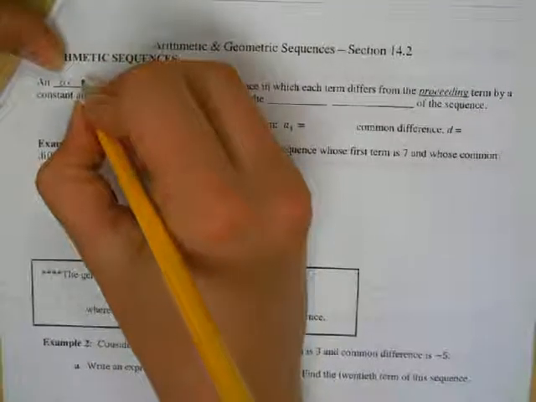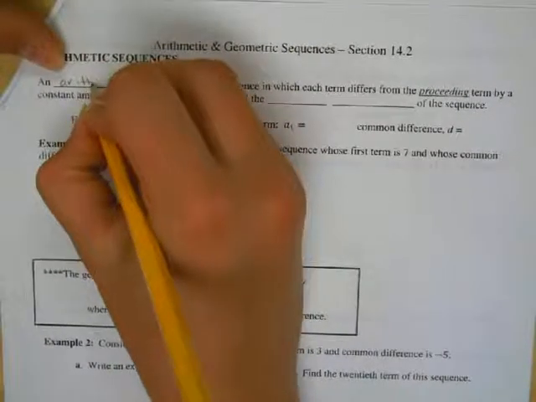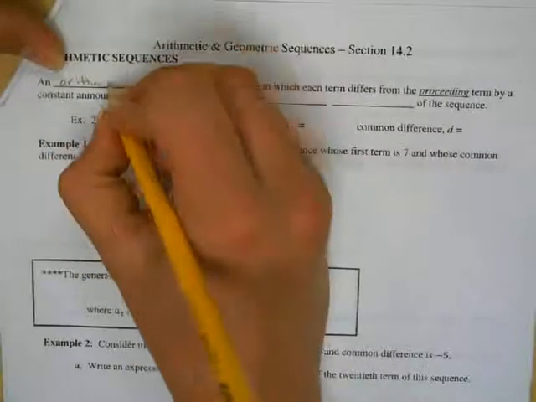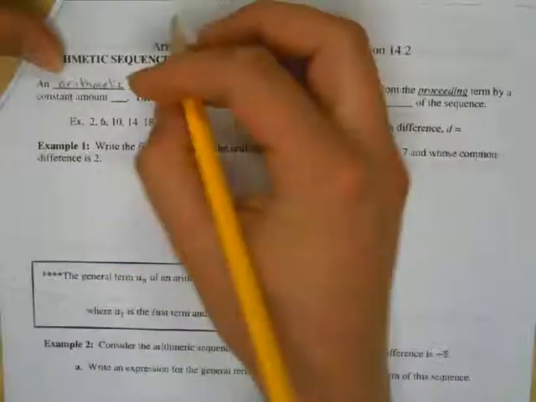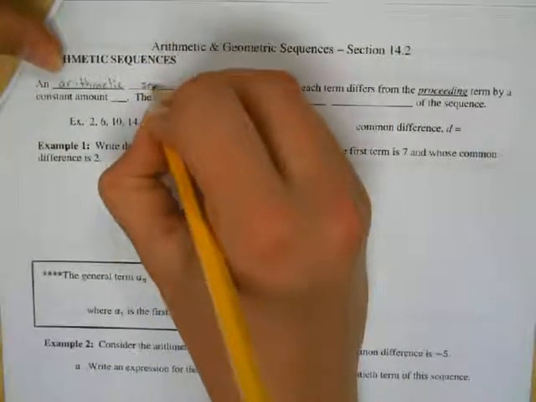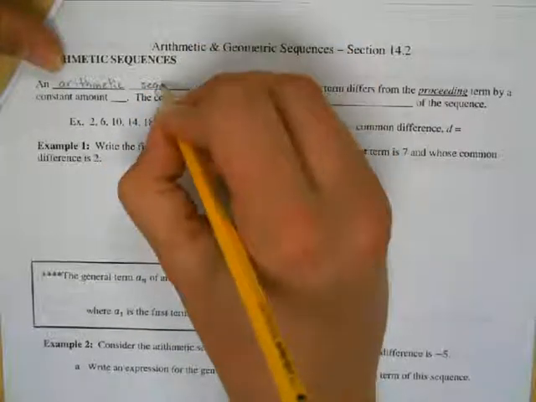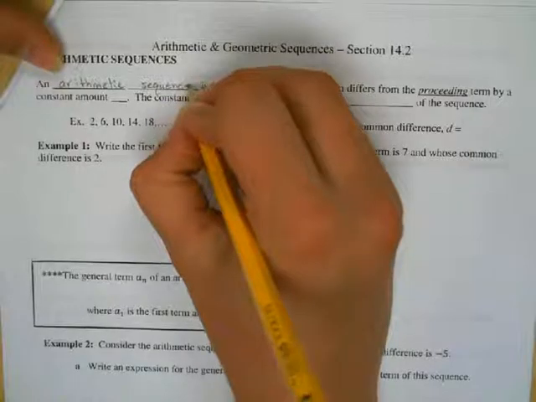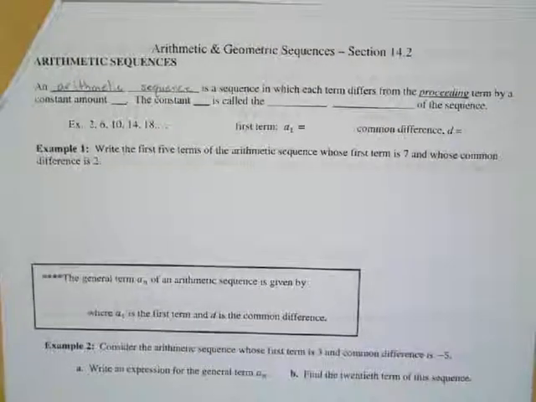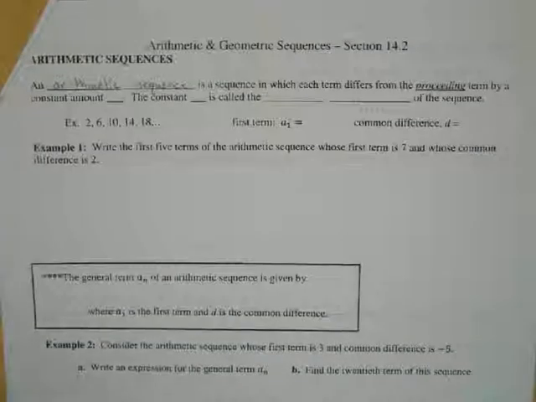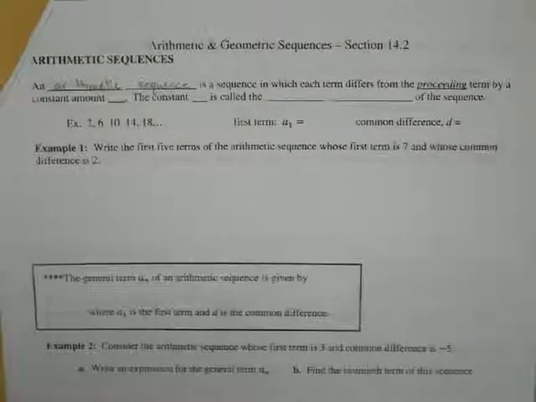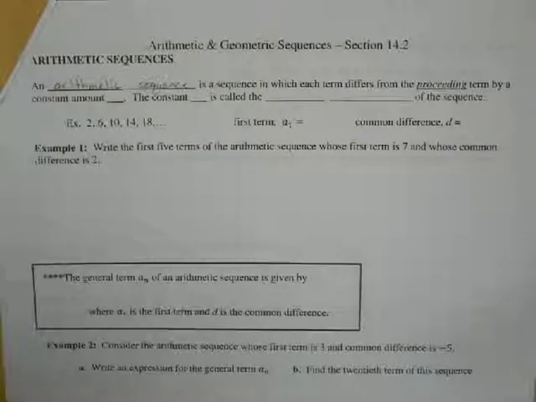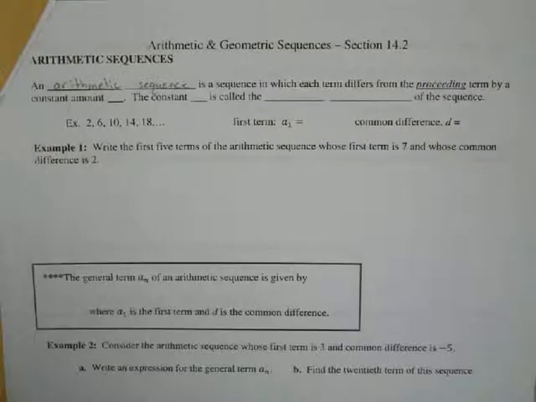So, in arithmetic, and you're going to hear that said many different ways, that's the way I say it. Okay, it's an arithmetic sequence. Some people call it arithmetic sequence. Okay, I call it arithmetic. I don't really know what the proper way is. I suppose I could look it up, but I haven't. So, I'm going with arithmetic sequence, and it is a sequence in which each term differs from the preceding term